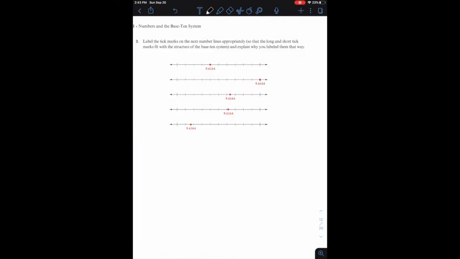We need to label the tick marks and just figure out which numbers will go on the longer tick marks and which numbers will go on the smaller tick marks. This number is on the 1, 2, 3, 4th small tick mark. So what could those tick marks be? And there's only one digit that could mean 4, and that's 4 10,000ths. So this would be